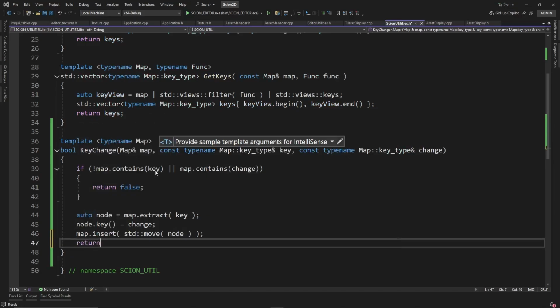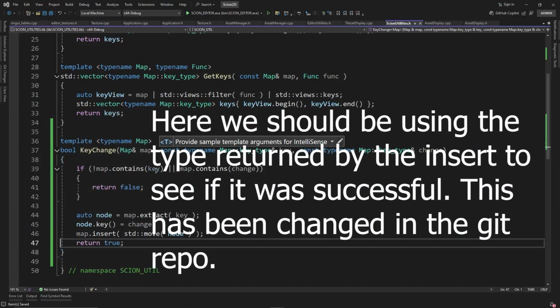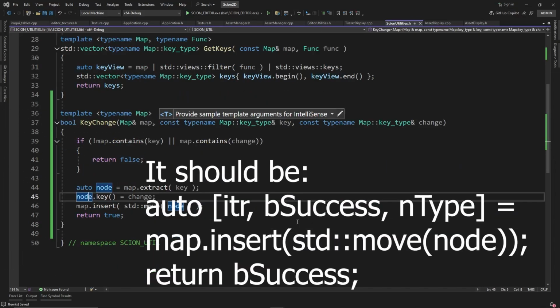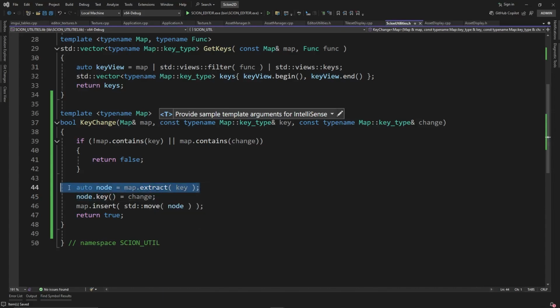And then we can return true. Cool. So once you take the node out of the map, it's now out of the map. You've extracted the node. And you can change the key to that node and then just insert it back into the map. So now that we have this key change function, we can actually go into our asset manager and